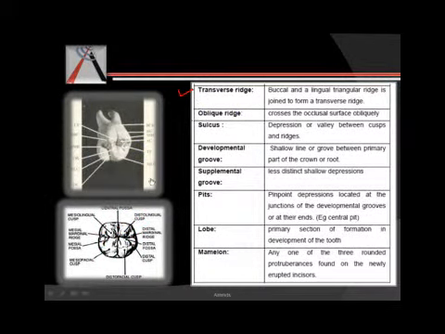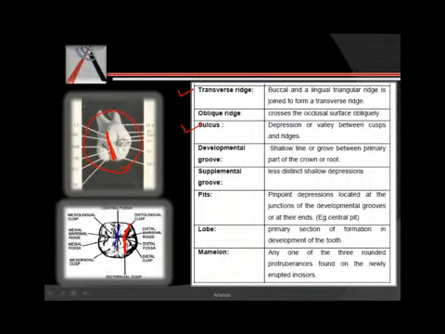Next we have transverse ridge. What is transverse ridge? Here you have a buccal ridge and here you have a lingual ridge. This total ridge will form your transverse ridge. So a buccal and a lingual triangular ridge joined form a transverse ridge. Then we have oblique ridge. Any ridge that crosses an occlusal surface obliquely will be your oblique ridge, very typically seen in the maxillary first molar.